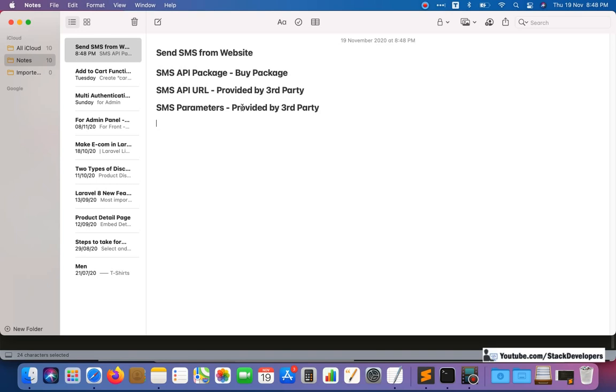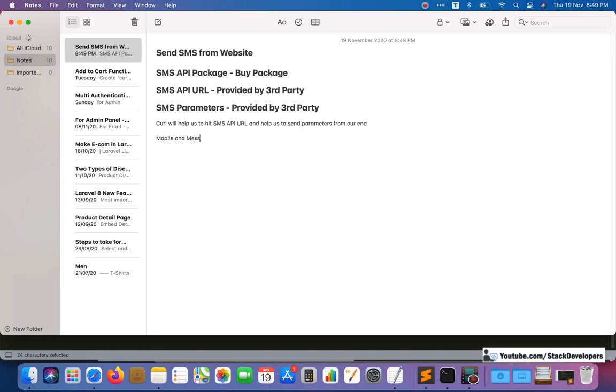Now see what we are going to do. Curl will help us to hit the SMS API URL and help us send parameters from our end. There are two parameters, mobile and message, the SMS message.